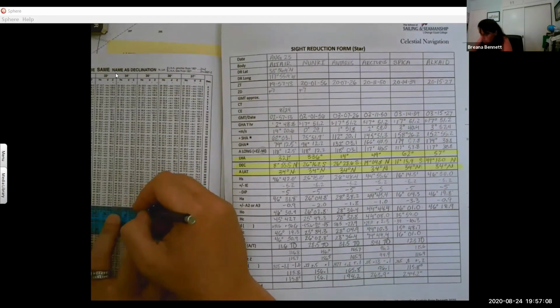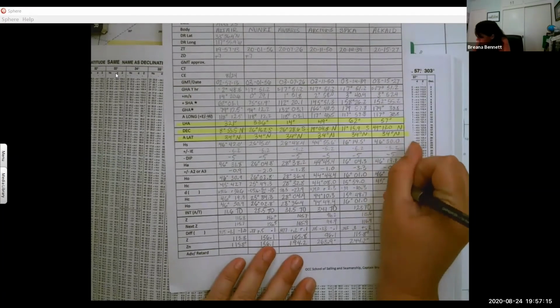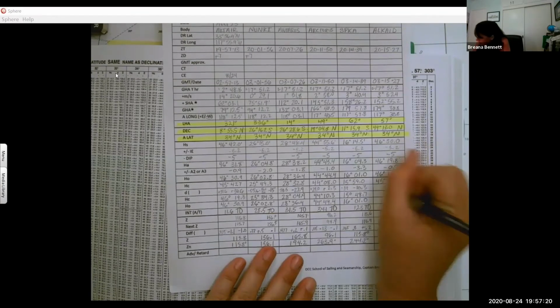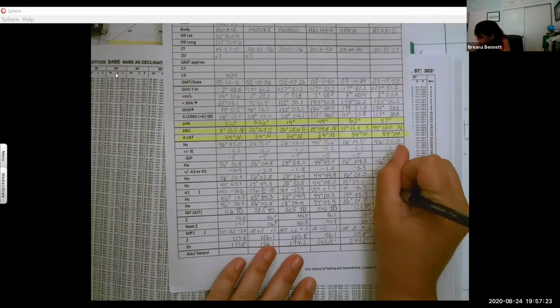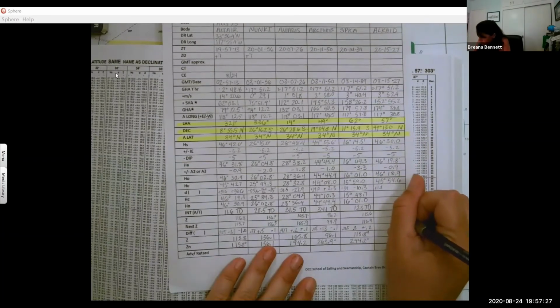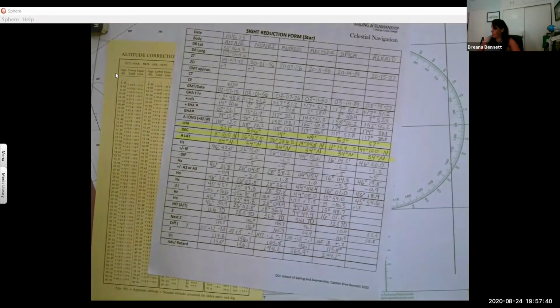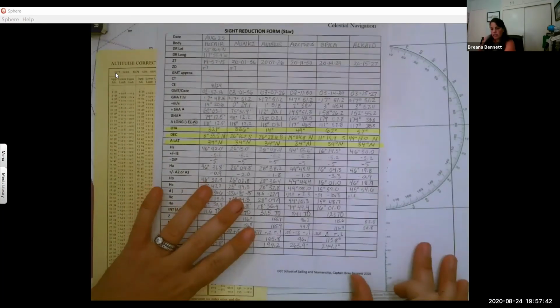Okay, I'll plug in our numbers here. We have 45, 54.6, plus 1.8. Our Z was 52.3 and 50.8. Okay, so